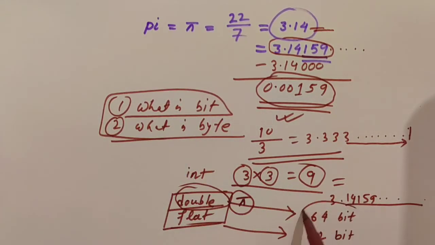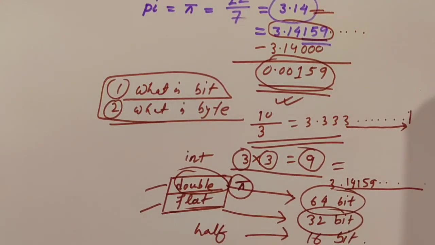Then you can understand what 64 and 32 bit refer to. After that you can also see half precision, double, float, and half. For half it will be 16 bit. That means how much memory the computer will allocate for storing a particular number. So that's why we have to define different types: double, float, single, or integer.